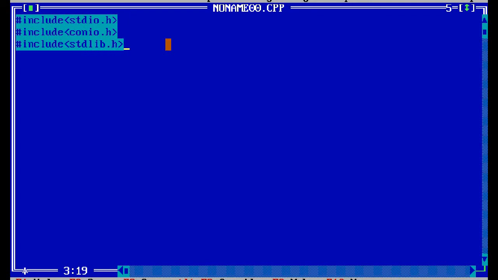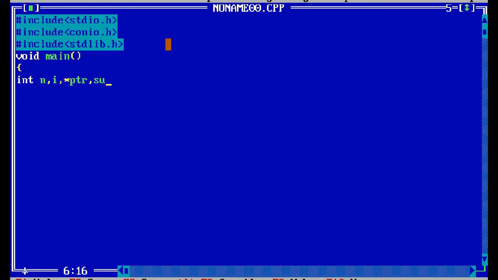This one we have to include for these malloc and calloc functions, right? Then after that I am writing void main. Next int n, i, ptr. I am declaring the ptr variable, a pointer variable.